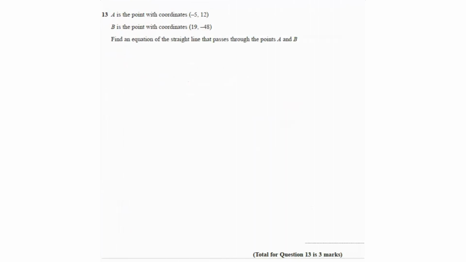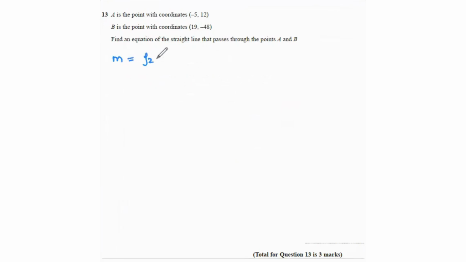This question says that A is the point with coordinates (-5, 12), B is the point with coordinates (19, -48). Find an equation of the straight line that passes through the points A and B. So in order to find the equation of the line, as we've discussed previously, we need the slope and the y-intercept. We can find the slope using the formula,